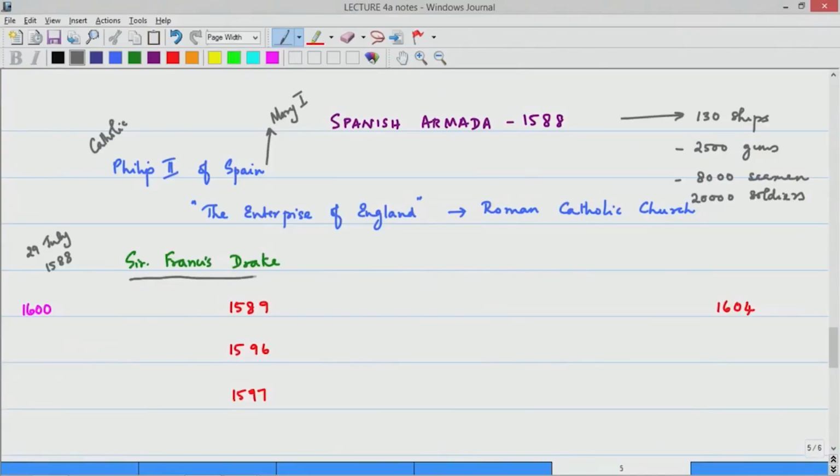In addition to that, Sir Francis Drake launched a raid on the Spanish ships even before they reached the coastline of England, and Britain had also sent out fire ships to destroy the fleet of the Spanish Armada. This was a new technique to be used in naval attack as well. So we find that due to these various things, the Spanish Armada loses out,